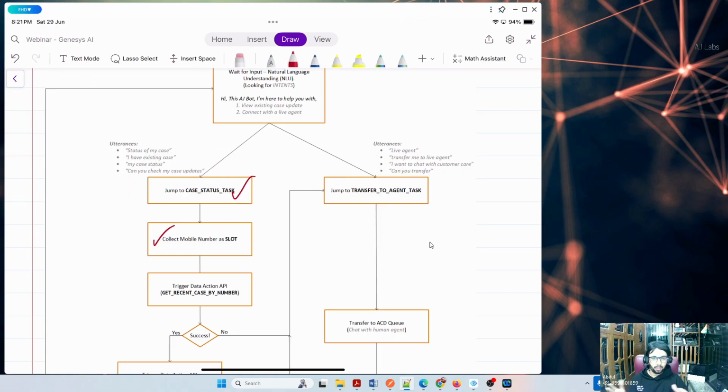When I open an account with a bank, my details, number, name, first name, last name, date of birth, everything will be there in the bank database. So that's what we are using. When the customer enters the mobile number, we're going to take that input. That's the only input we are collecting from the customer. Then we're going to trigger all the flows.